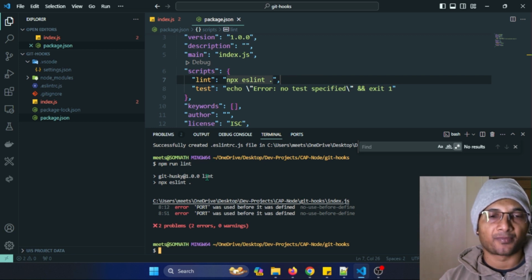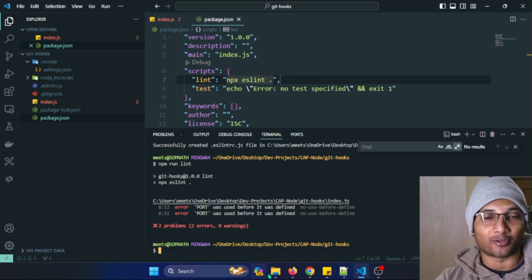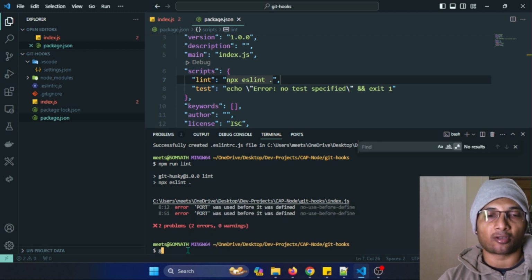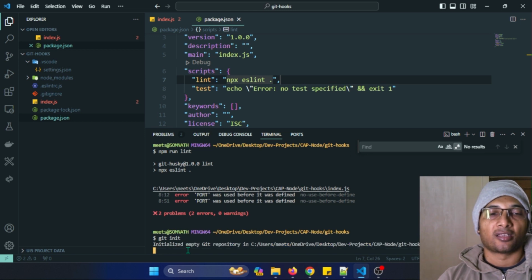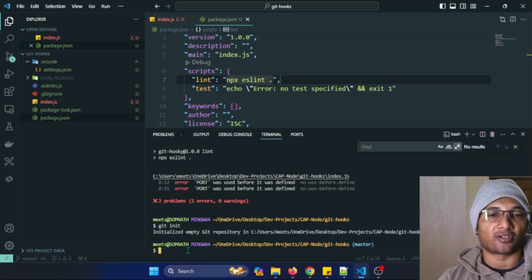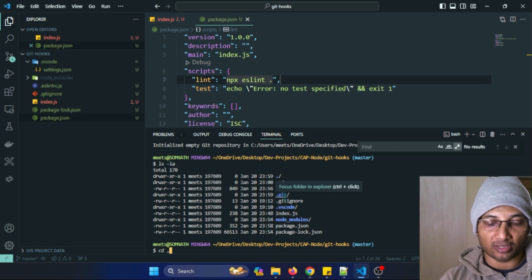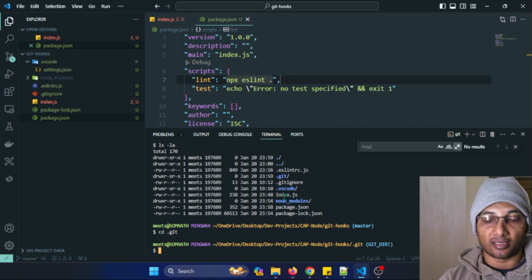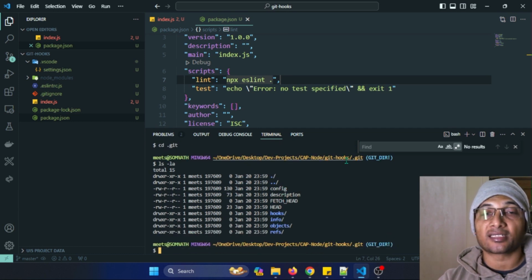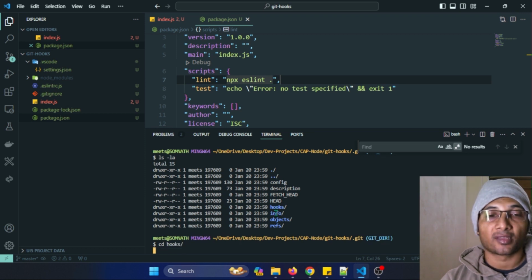Now our project's ESLint setup is done, and we now want to deploy it to the backend. Now deploy to the Git repository. For that I have to enable Git for this folder, right? So for that we'll be doing something called git init. So currently Git is initialized for this project, and if I now just say ls -la, you will see something called .git created. So if you go to cd .git,